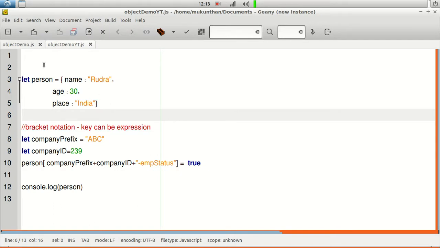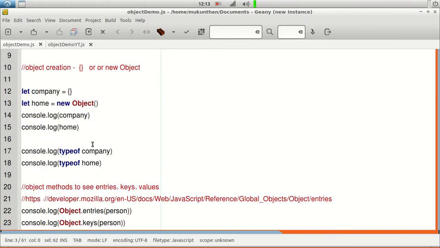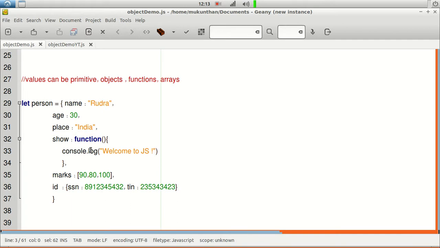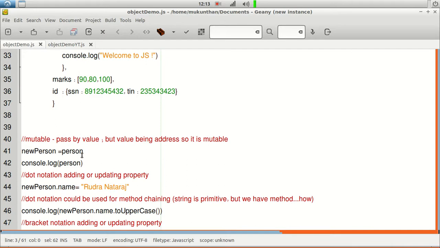So this way we have understood what an object is, the different ways we can see the keys and values, the different ways we can create the object itself, and what values can be inside the key value pairs: primitives, objects, functions, arrays can be the values for the keys. After that we saw how it is mutable and why it is called pass by value.